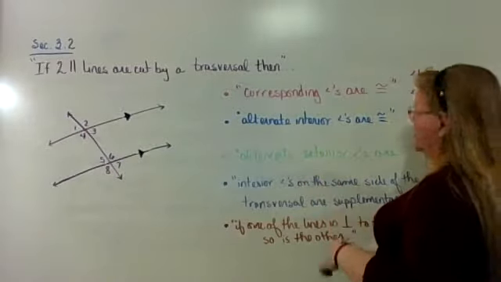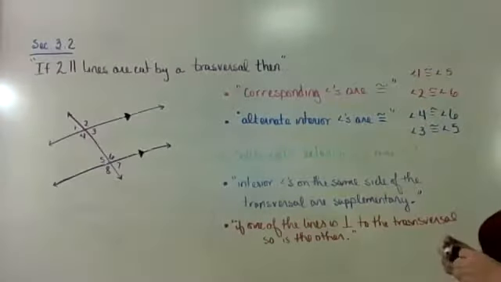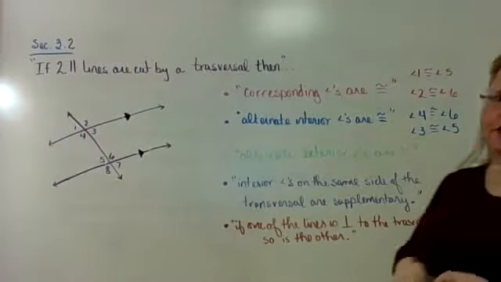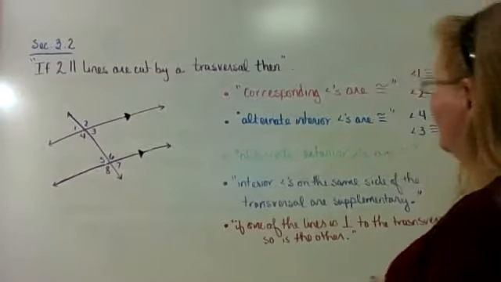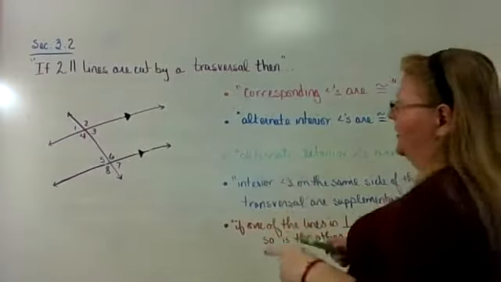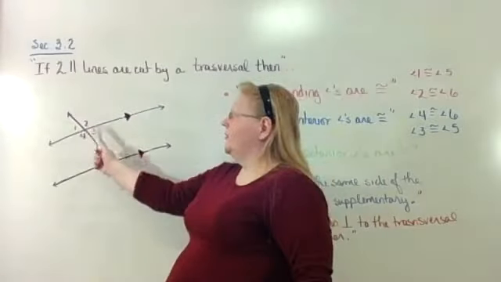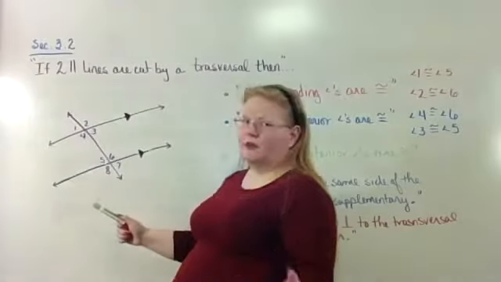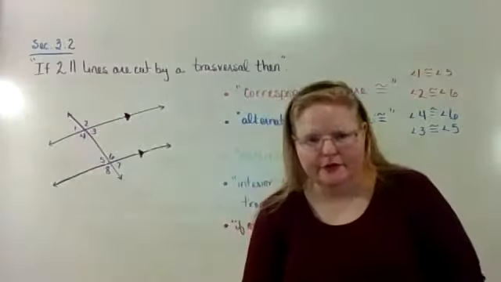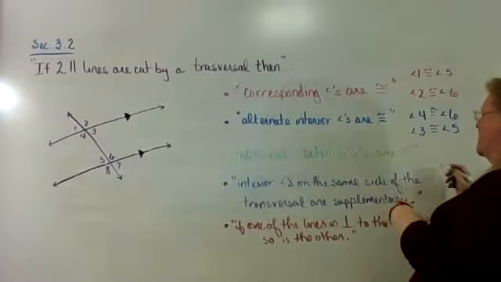And the other one was angle 3 and angle 5. Alternate exterior angles have to be congruent. That's what the green says. It might be hard for you to see, but that's what it's saying. So alternate exterior angles are like angle 1 and angle 7. And if you look, angle 1 and angle 3 have to be congruent because they're vertical angles. Angle 3 and angle 7 are corresponding angles. Thus, it is proven that in this particular case, angle 1 is congruent to angle 7, which makes an alternate